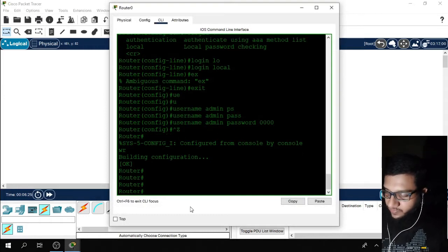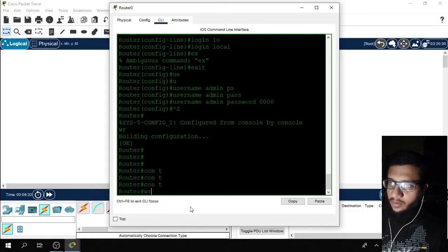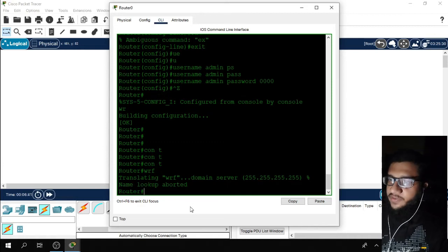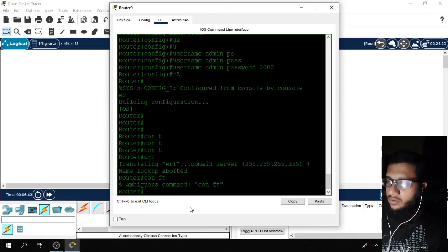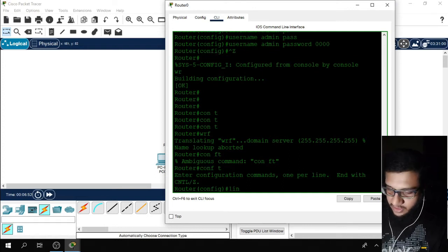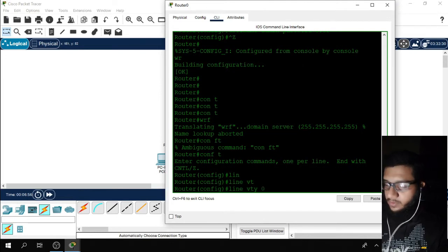We have to configure the line here. Configure terminal. Now I'll type line vty 0 4.